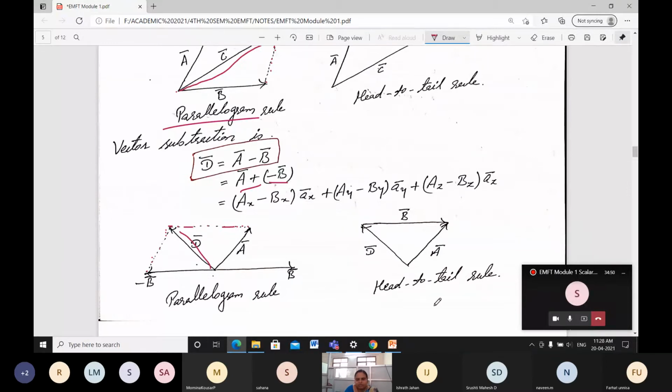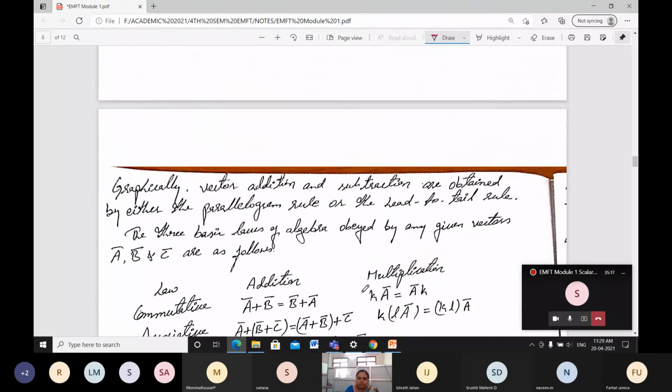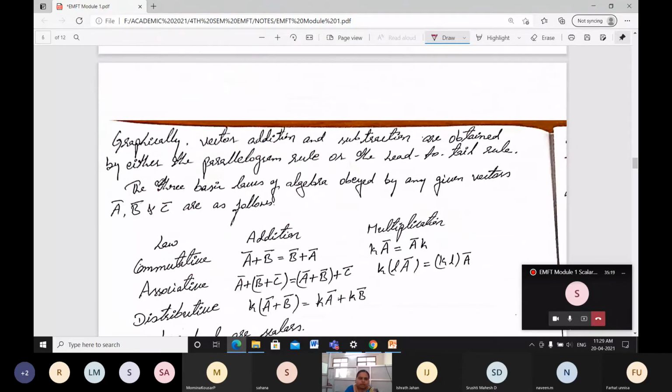Then in terms of the head to tail method, here it will be your B bar. Observe here, this is parallel to here. You can draw like that, and A bar is there only. It will not change. Then when I join this, you will be getting your D bar. We tell one more name, the triangular method, for finding vector addition or subtraction. Which one is easy for you? Just remember that. Okay.